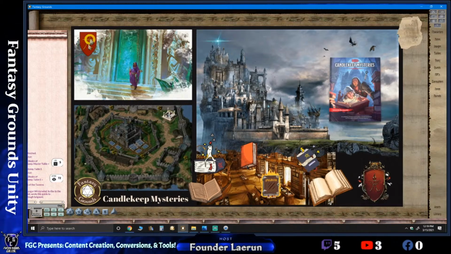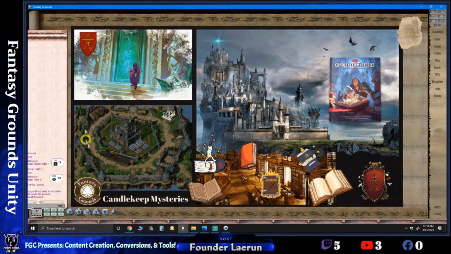So I found this logo. I paid for that on the DM's Guild. This artwork is part of the module. I'm not sure about this piece, but I see it all over, so it might be part of the module. This piece here, if you remember Baldur's Gate 1, this is kind of some nostalgic pictures here. So this is actually